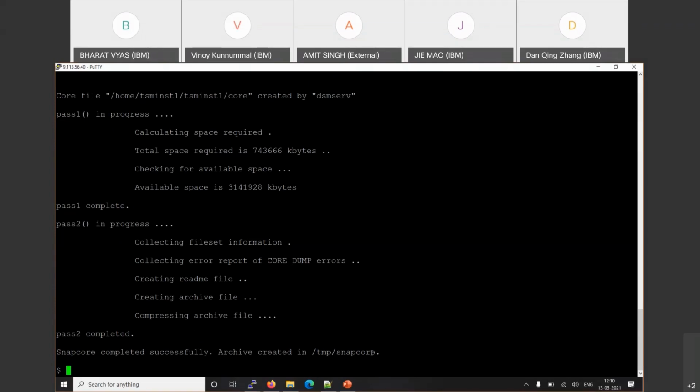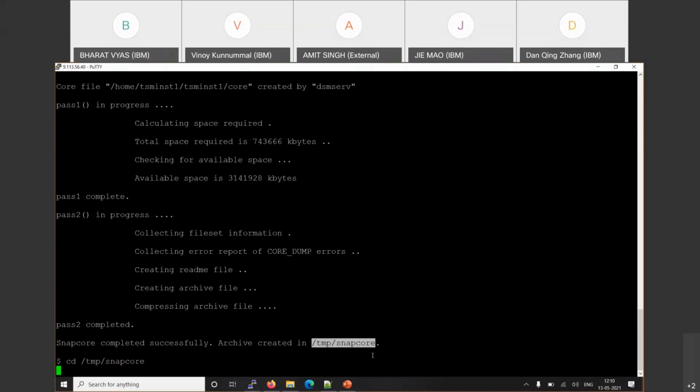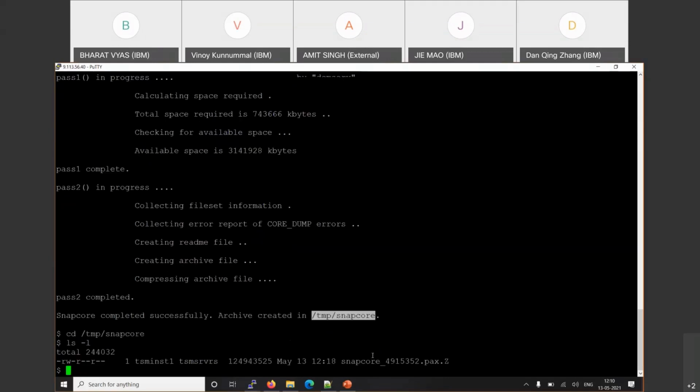So this snapcore command is completed and it generated a file here. Let me go to that path. As you can see, here is my snapcore file. It is generated by the command which I ran, and it generated a pax file. Let me extract this file.